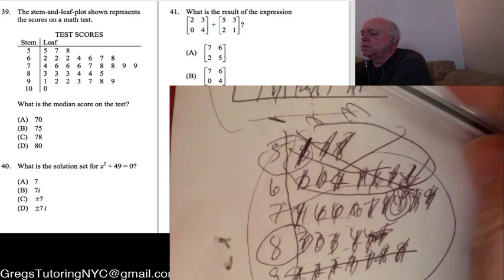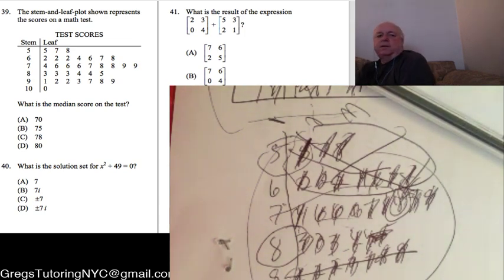So this is just a different visual way of representing it. So just remember what this kind of plot is about. It's easy to think that on the first line it's 5, 5, 7, and 8, or to say, I don't know what that first 5 means, and I just have 5, 7, and 8. One good thing about this kind of plot is that if you get in the meeting, you could probably figure it out. But the key was not to use the numbers 5, 6, 7, 8, 9, and 10 involved in it. Okay? All right, so you could argue whether this is a grade 9 problem, but they're going to throw